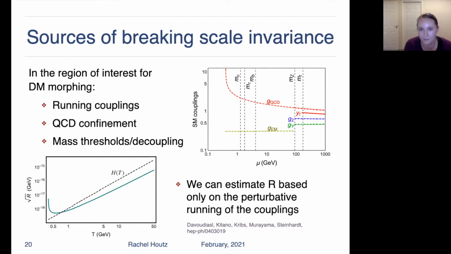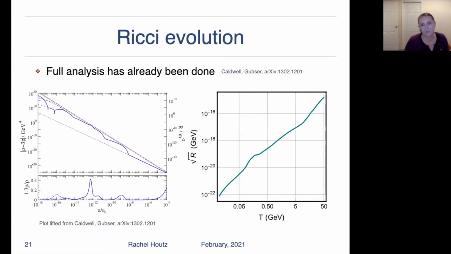Because the beta functions aren't super sensitive to just small kinks. And I'm also going to have a lot of problems when I try to do any analysis at QCD confinement, because the perturbative analysis breaks down there, and you can see that reflected in this plot where I've plotted Hubble, and the teal line is the square root of the Ricci scalar. You can see it has this nice behavior where it's proportional to Hubble-ish. And then at QCD confinement, the perturbative analysis breaks down. So probably you need something a bit more sophisticated, and luckily we don't need to because somebody else